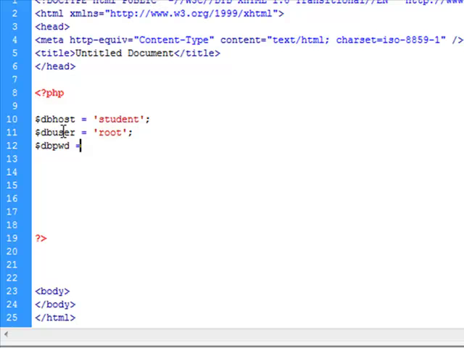password as null. Right, now we have to implement the database connection. For that, I'm taking a variable called con,